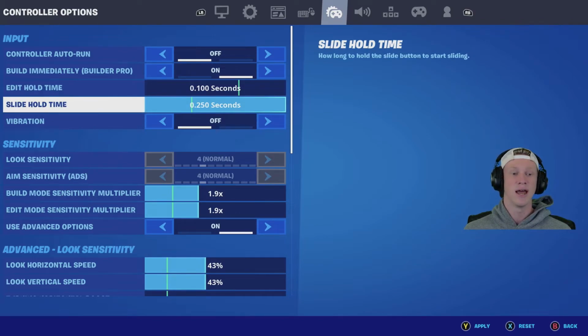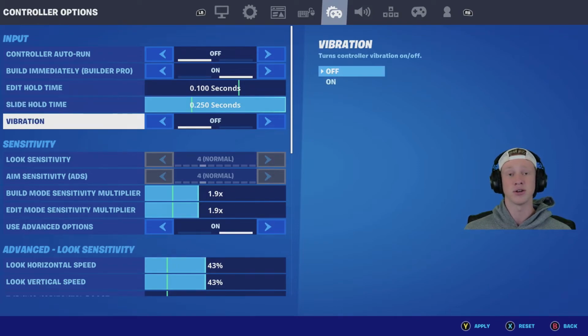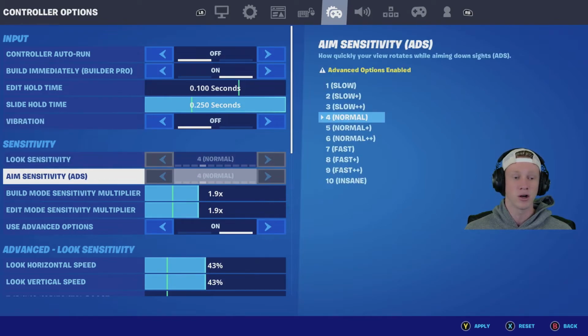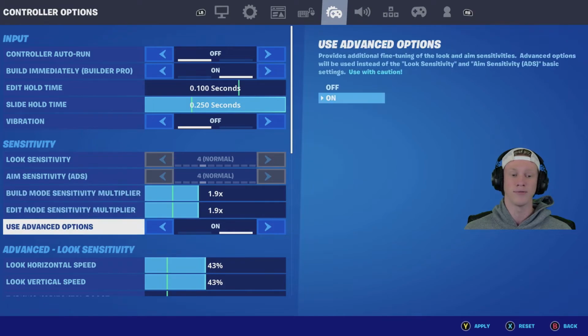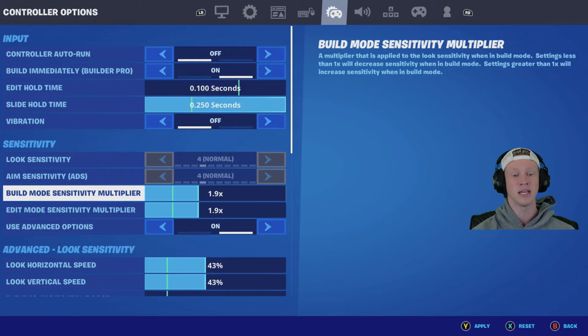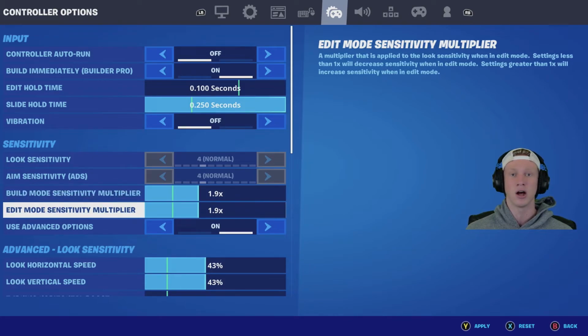I didn't really touch it. And then for slide hold time, you want to turn this all the way up so that you can slide easily. For vibration, turn this off. It will actually just mess up with your aiming, so if you turn it off, it's much better. For look sensitivity and aim sensitivity, you actually want to use advanced options on, so you won't even mess with that. For build mode sensitivity, for the multiplier, I like to put it on 1.9